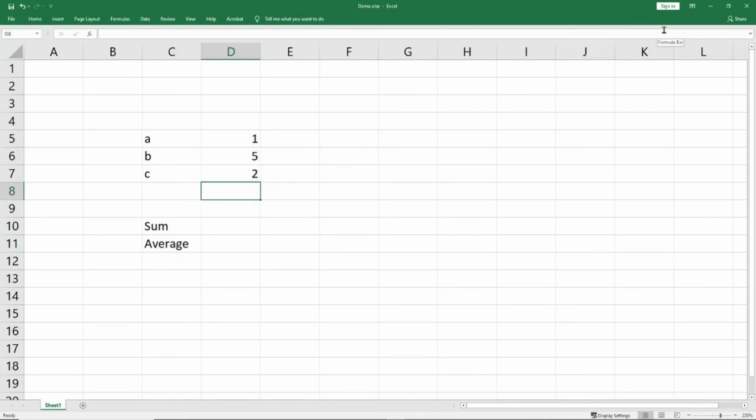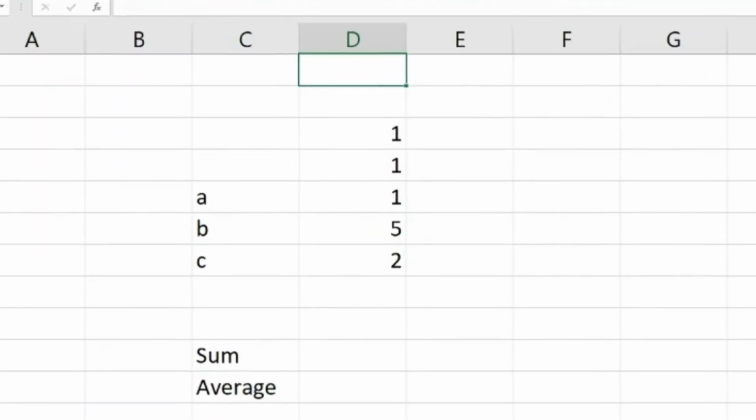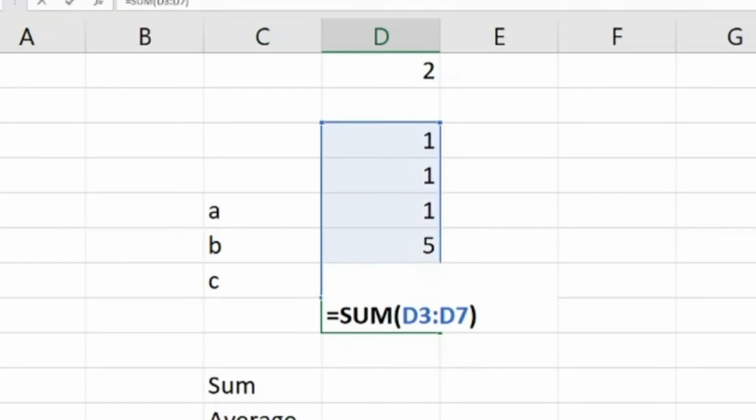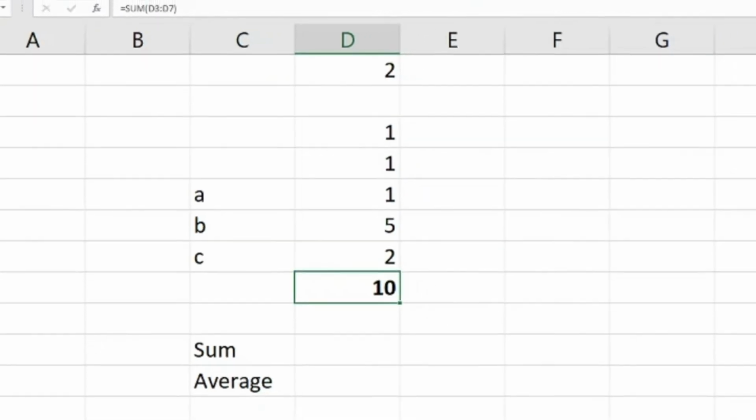What I like to do is, wherever there is a break, I will go to the bottom of the range and say Alt and equal to. This will give me the range. With this, be sure that there is no gap. Just as an example, I say Alt and equal to, it will take me here, it will select all the cells without a break, but if there is any break, it will not take that. I hit Alt equal to, it will only show me this range and not the number 2 on the top.